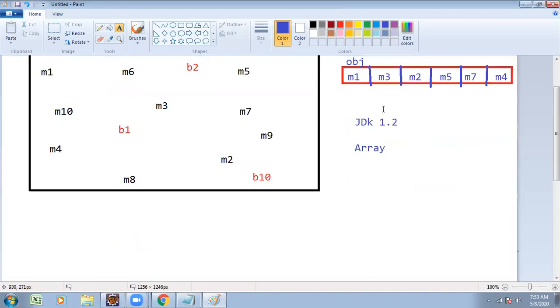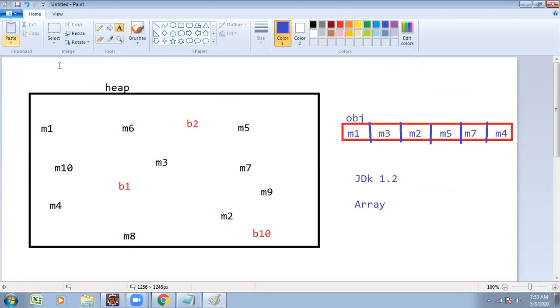What is an array? An array is a collection of similar type of elements, like an array of student marks or an array of names, n number of elements.